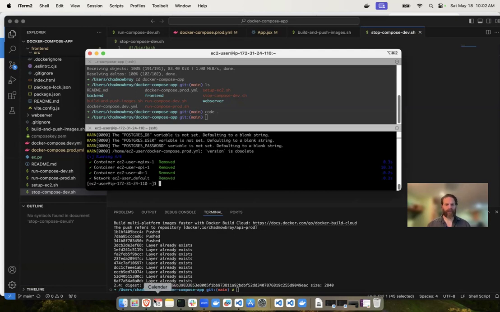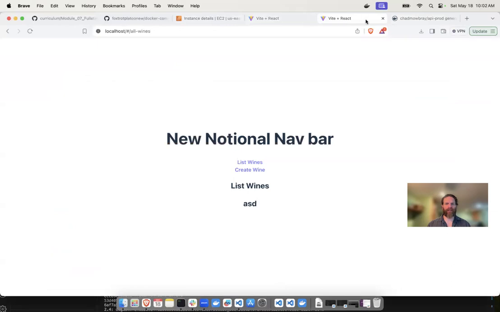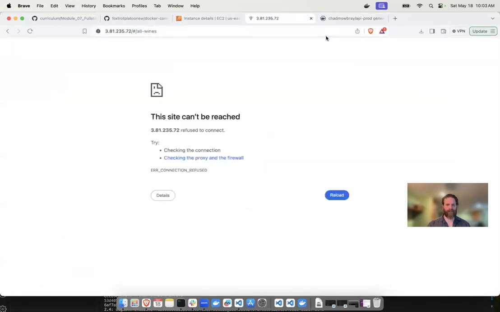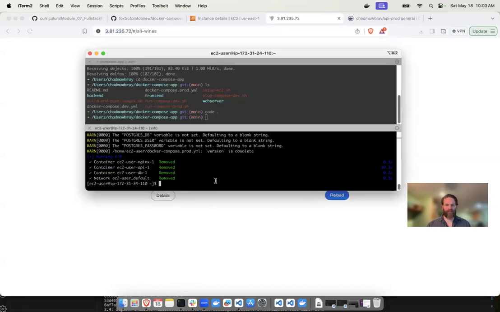Okay, so now I'm going to just make sure that it's not working. If I go to production, I'll do a hard refresh here, and I get an error because there's nothing running. So let's actually update the application. To do that, it's just going to be as simple as